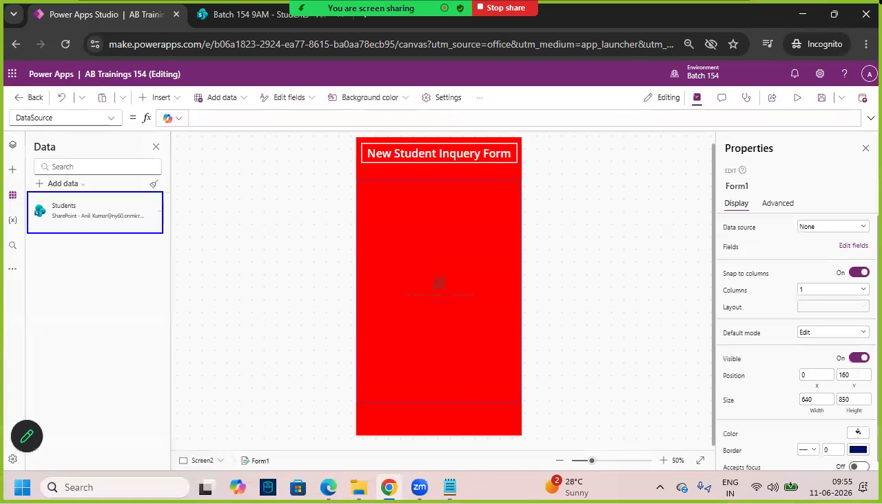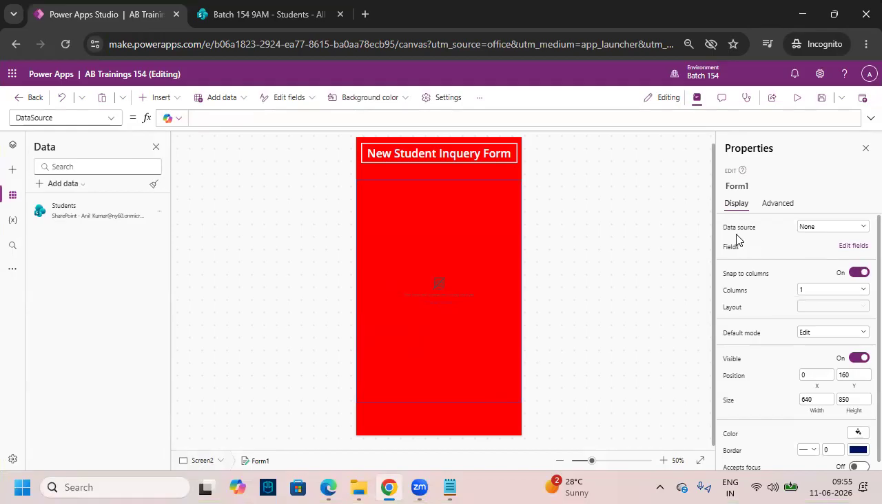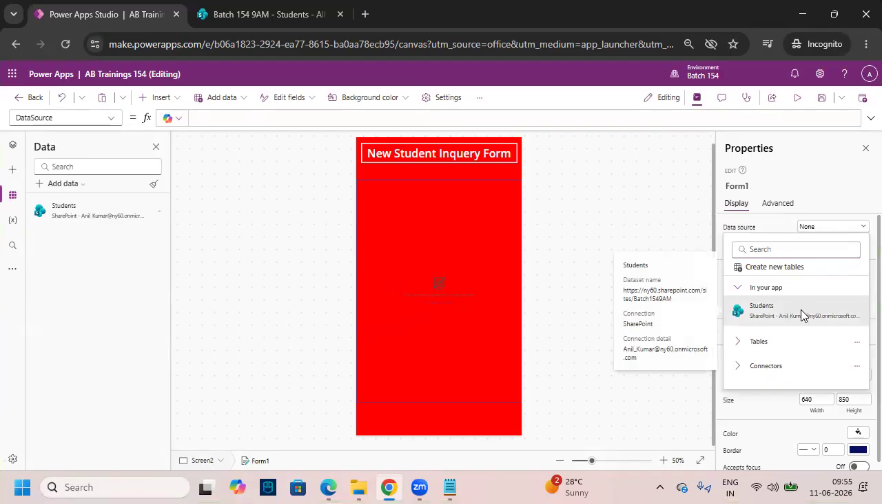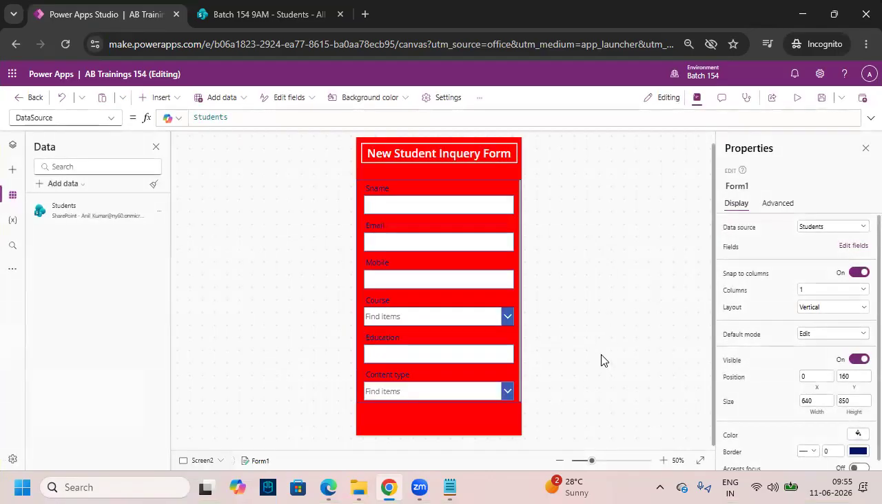I want to connect this list to the form now. How to connect the list to the form? Select the form. This form will have a data source property. Go to the data source and select the list name, Students list. Now, when I connect the form to the data source, Power Apps itself